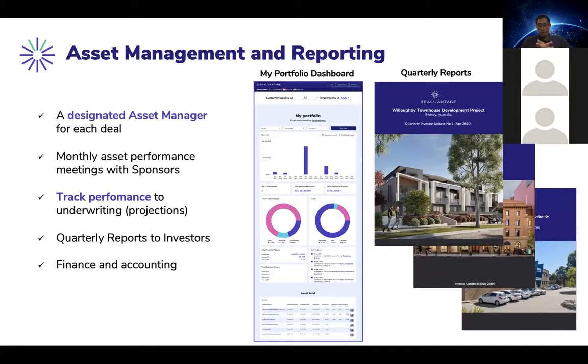Our investors are kept abreast through our custom-built online asset management module. Details such as the performance of the asset, occupancy rate, rental rates, the distributions that we have provided, and the distributions that are upcoming will all be on our online platform. In addition, every quarter, we will email our investors a quarterly report. For those who don't like to log in, you can look at the quarterly report. It provides all the details on your investment.